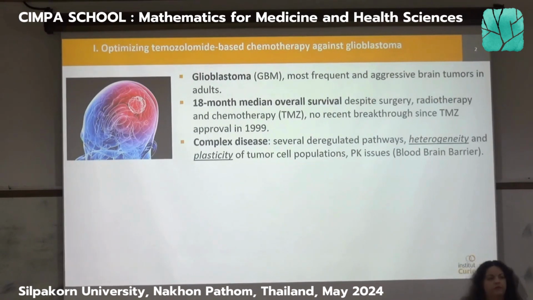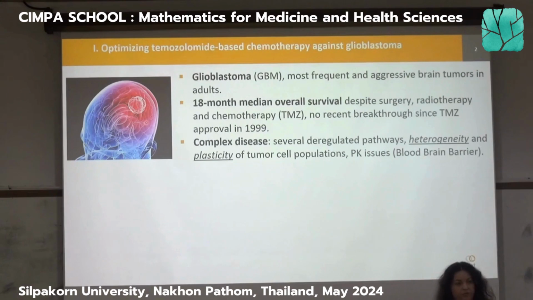There are several types of brain tumors, and the most frequent in adults is the glioblastoma. It's a really aggressive tumor, and it's associated with a dismal prognosis of about 18 months survival from the diagnosis. If you enter the doctor's office and he unfortunately tells you that you have glioblastoma, the median overall survival is 18 months. So that's really pretty short.